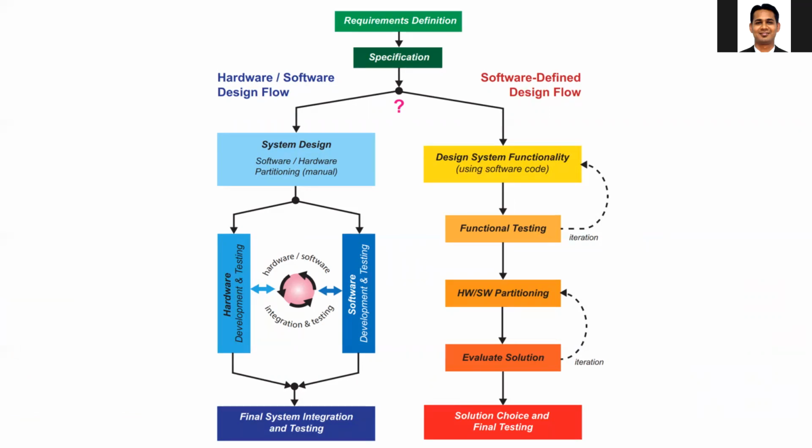So there are two ways to program the Zynq SoC. The one way is the hardware software co-design flow, where you first decide the application, then divide the application into the section to be implemented on the hardware and the section which will be implemented on the software. That is, hardware is the FPGA, software is the ARM processor. Then for the hardware part, you use HLS, and if you want to follow C-based programming, you write C code for the hardware part and convert it into Verilog and VHDL via HLS, or you can directly write Verilog or VHDL code.